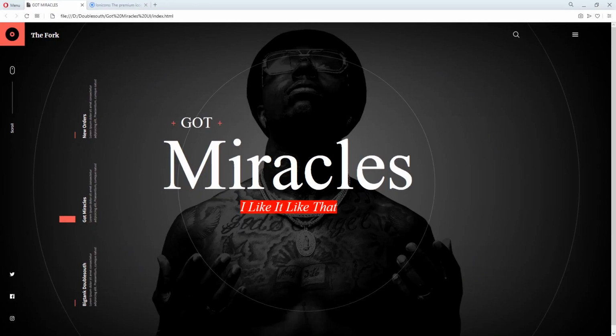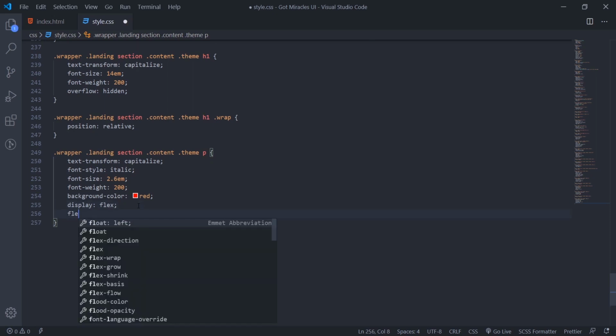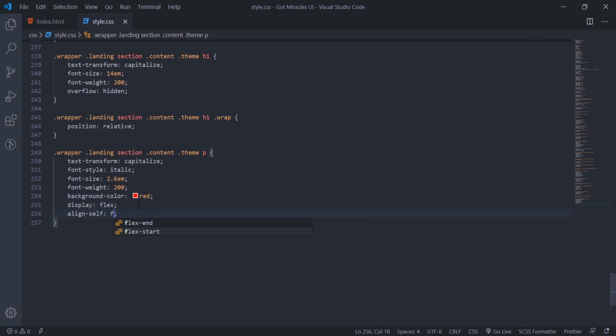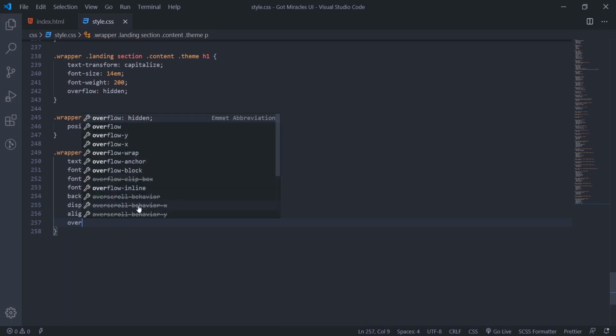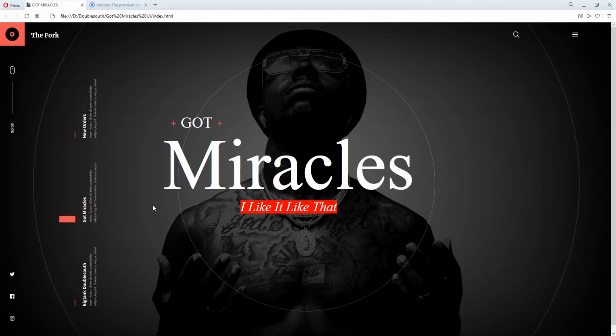So refresh. You see them. So we need to push them to the end. They take this on flex start now. We'll give this flex end now so that I could push them to the end in here. So I'll come down, I'll say flex, oh sorry, align self will be flex end. Then just overflow hidden. Okay. If we refresh now, you see them there.